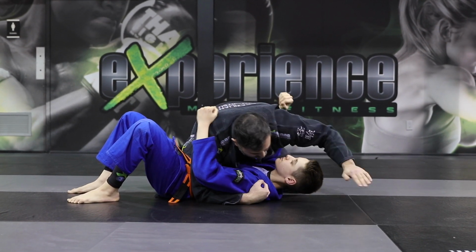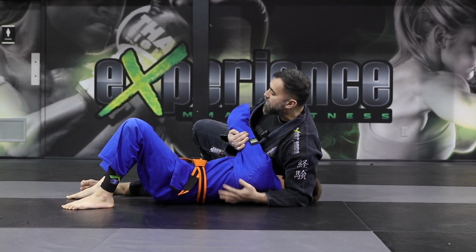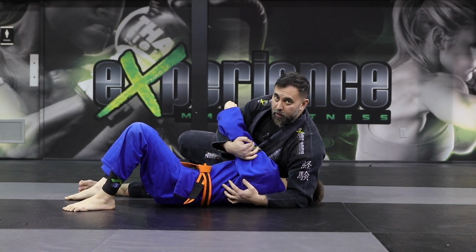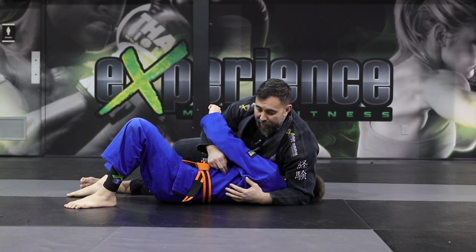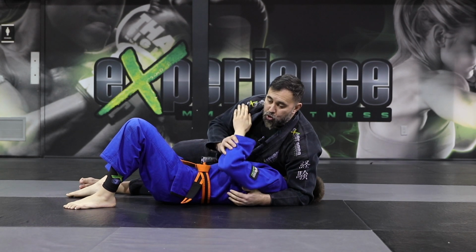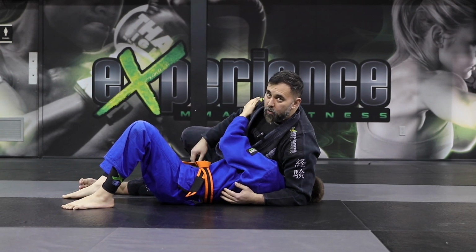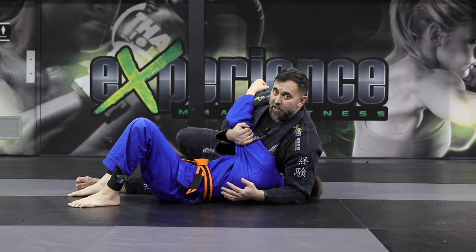Now the second transition from this position is I'm gonna use the same position, but I'm going to switch to the top side and now do the sit out towards his knees. All right, when you do so, it's important to always keep contact on his tricep, on his elbow as such. The reason being is when you switch here, his initial reaction, especially when he can't see what's going on, is to use this and push you away. And now I have to fight this, all right? You'll have your post behind you, but if you can prevent this altogether, you'll have an easier time to stabilize